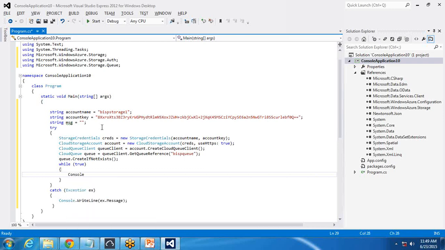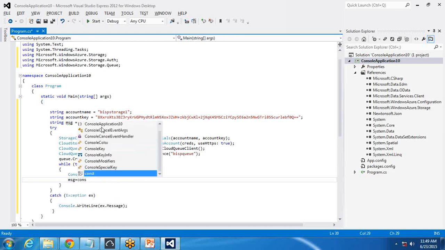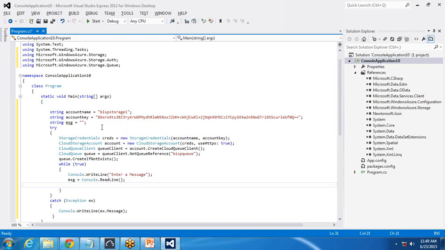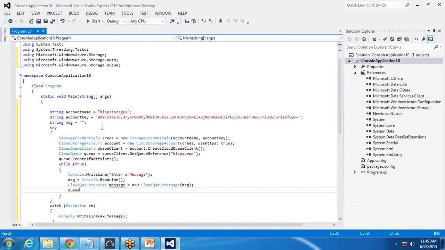So I write here console dot write line, enter a message. Then I write message is equal to console dot read line, and this message we are going to store into this queue or the storage account. So I write here cloud queue message, create an instance of this message is equal to new cloud queue message, and I pass this message over here, and then queue dot add message message. So I add this into this queue,